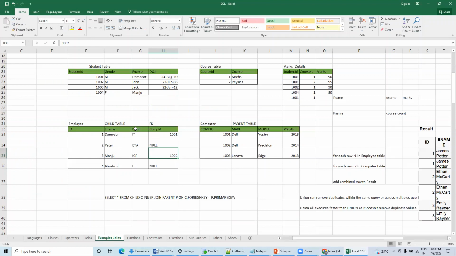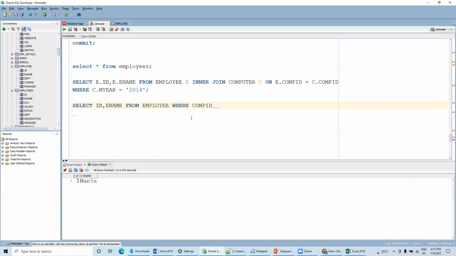So what is the foreign key between them? Computer ID is the foreign key and primary key between them. So with the help of the computer ID, I need to write the subquery, searching the computer ID with model year equal to 2014. Simply I'll write where computer ID in,